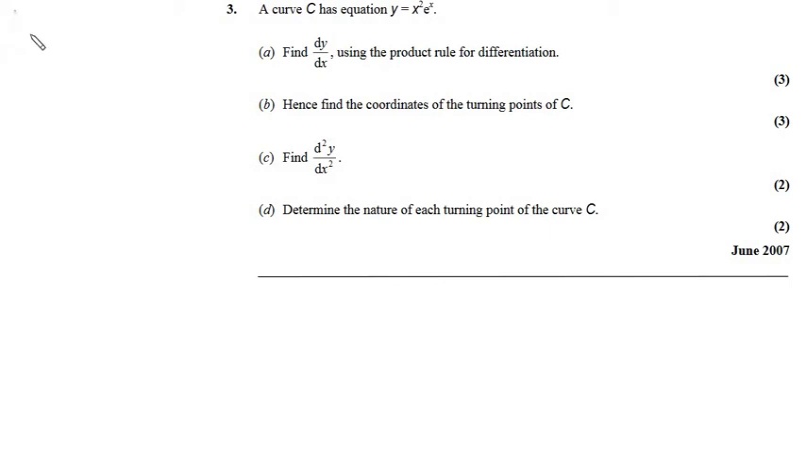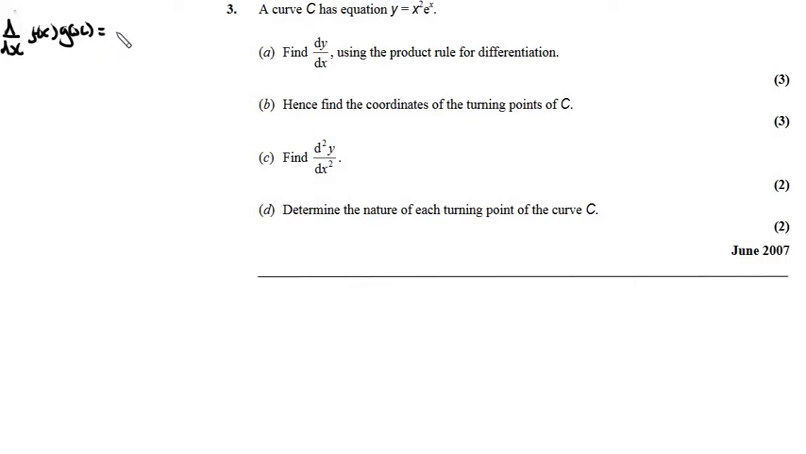Okay, a curve C has equation y equals x squared times e to the x. Find dy by dx using the product rule for differentiation. So what's the product rule? The product rule is the derivative with respect to x of some function f of x times g of x